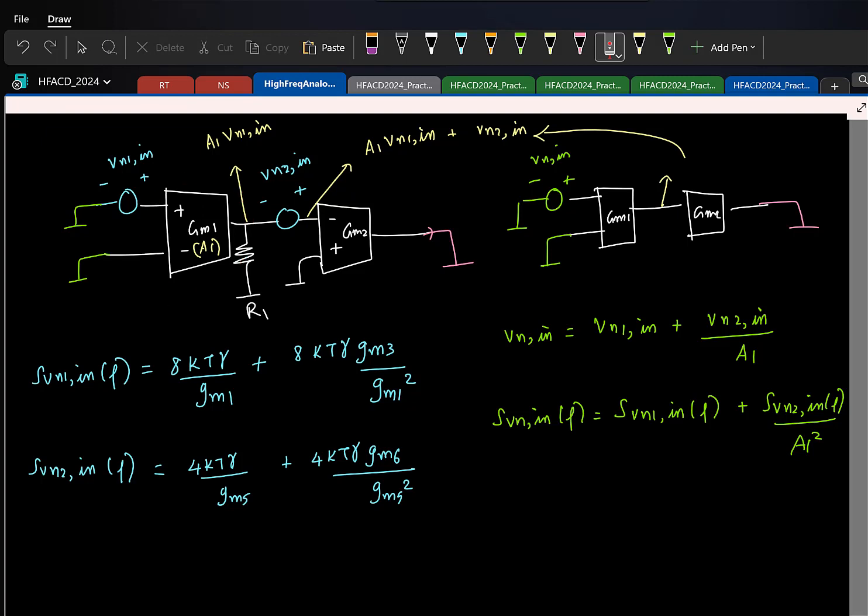So what can you say? How can I approximate this further? Look at the expression. Can I approximate it further? Only the first term, right? So in a 2-stage OTA, as long as I have a sufficient gain, I don't have to worry about the noise in the last stage. So this notion